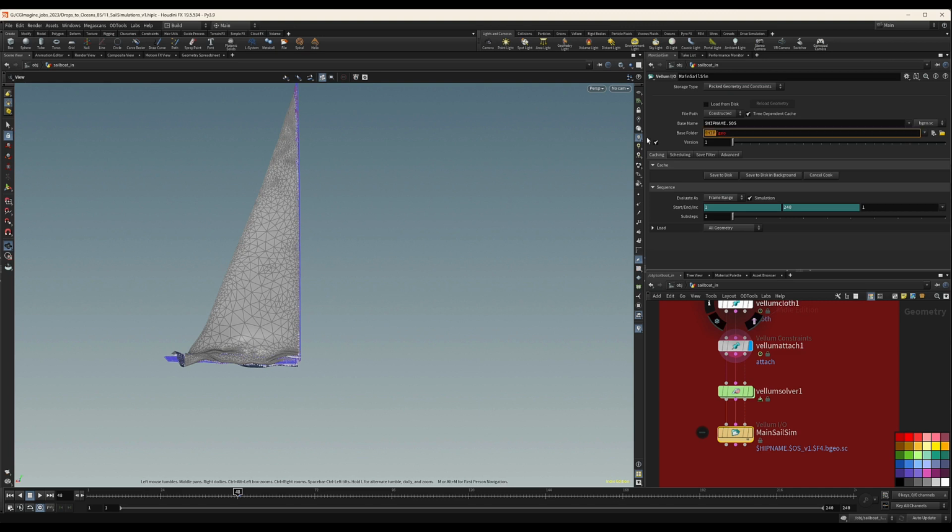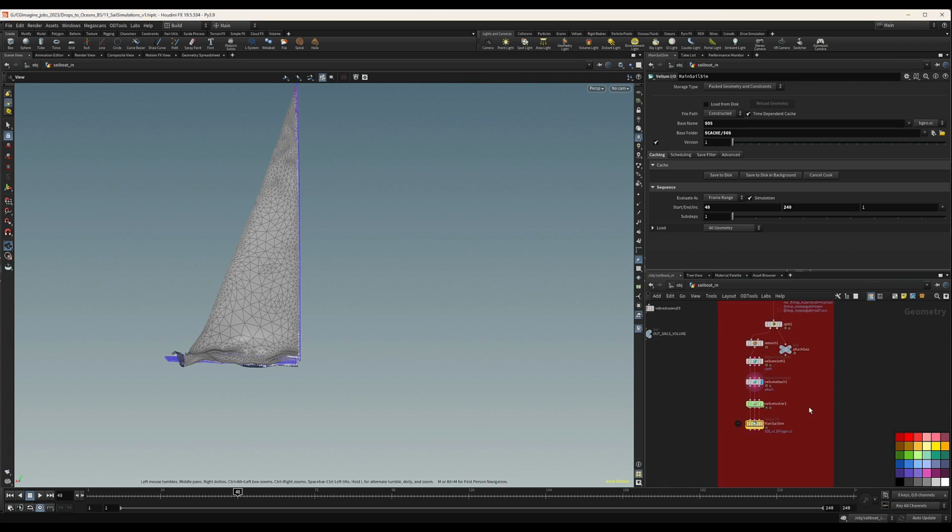Let's do that like so. This is $CACHE and $OS. I don't want to have it like this, so this is okay for me. And the frame range, I want to start on 48. It can go all the way to 240, or we can just clamp to 168 if you feel like, because my animation goes to 168, but you might want to have more. And that's it. So we cache this out, and when we come back, I'm going to do some post-processing